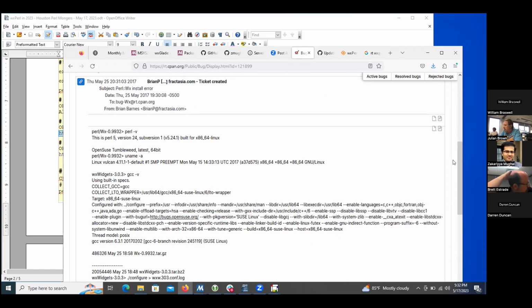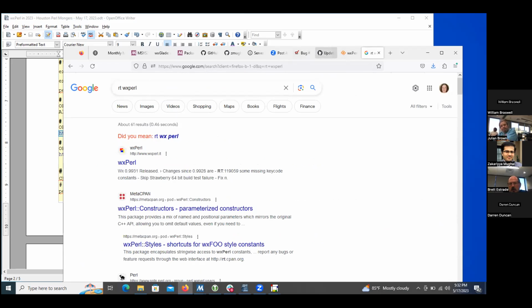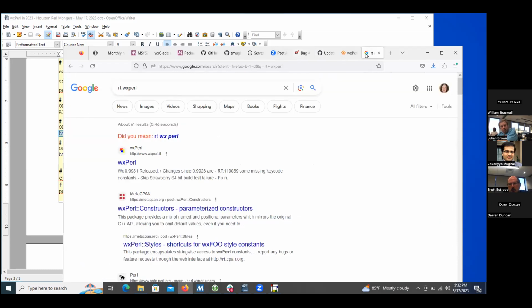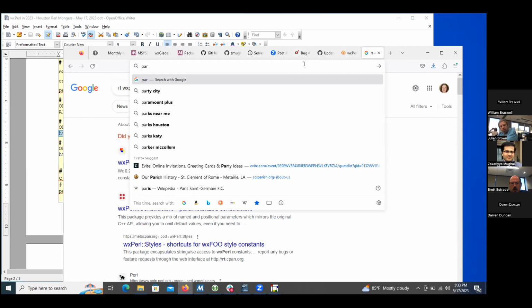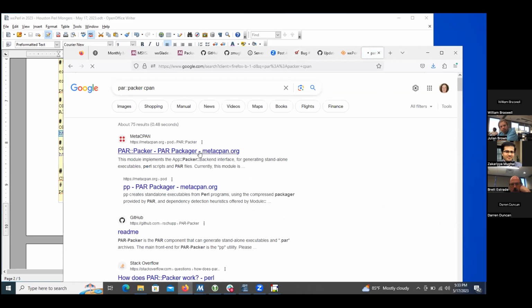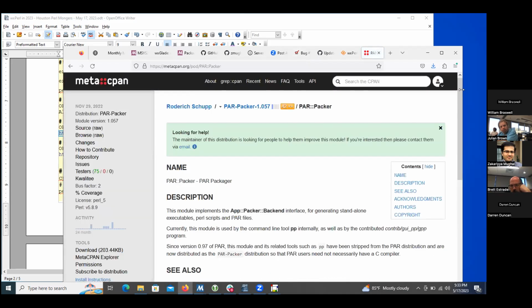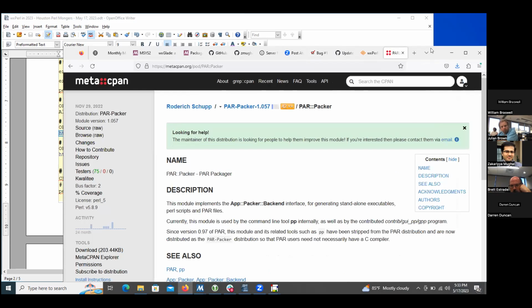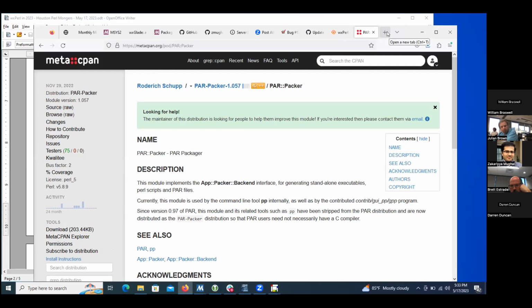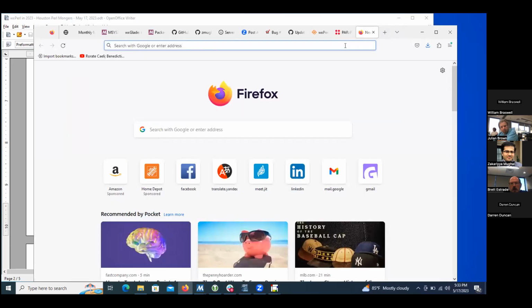I'm interested in what you just said, because I've seen PAR Packer and other people discuss PAR Packer. We need to find someone who knows it. So there's also a Perl programmer in Australia who has been working on a GTK application and does use PAR Packer for it. It's called Biodiverse. The main developer there is Shawn Laffan, and another thing he's been doing is helping with